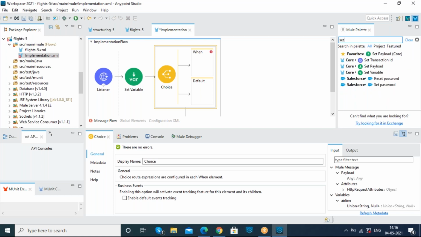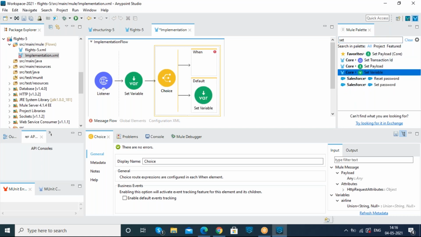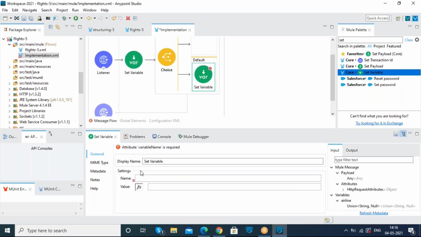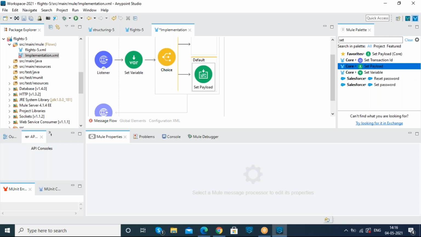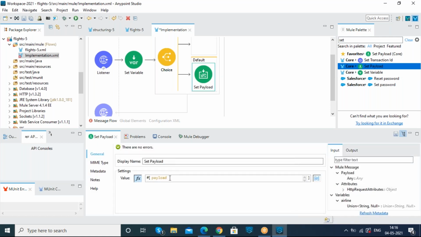By default, when we are requesting according to slash flights as our end path, I just want to display this message as a response for the users: of flights information.